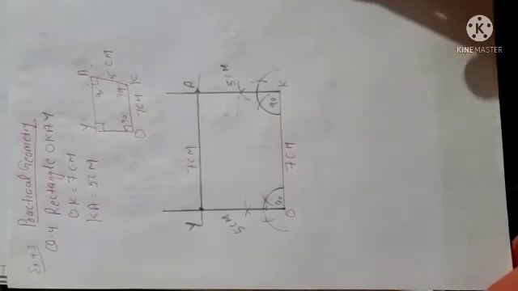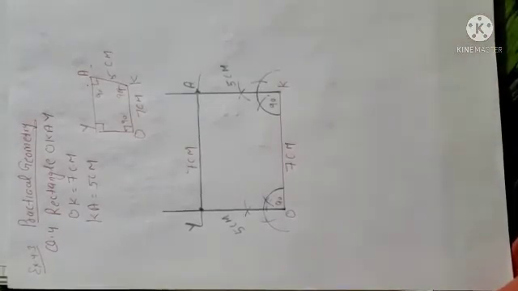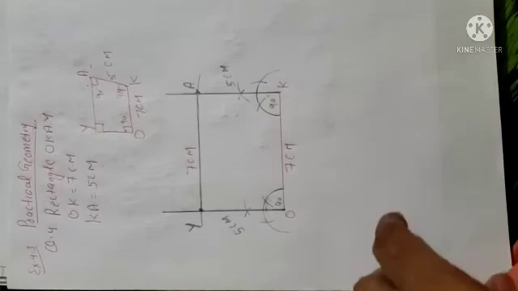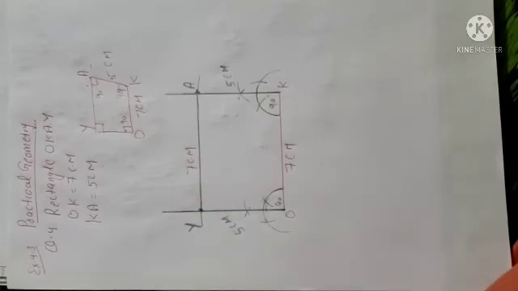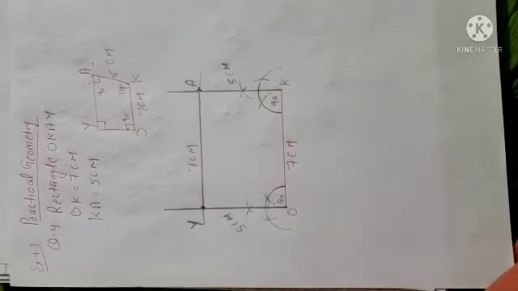Simply, if two sides are given and no angle is given, don't worry, what will you do? You know very well, in the rectangle each angle will be equal to 90 degree. So two sides are given, so any three angles you can take, because you know each angle will be 90 degree. After that you have to take the side where both the angles are given. So I am taking here the OK side. So OK is 7 centimeter. After that at point O you will draw the angle 90 degree, simple, with the help of a compass.